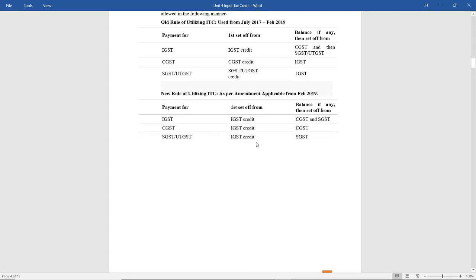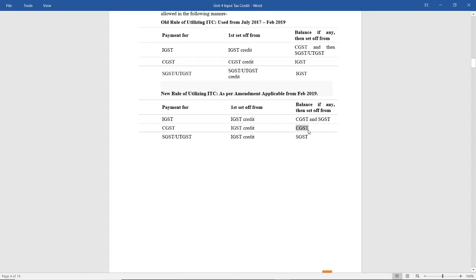So first IGST credit has to be exhausted. In the earlier rule, the respective heads were first used. Now in the new rule, first IGST credit has to be exhausted, and once IGST credit is exhausted, if some balance is remaining, suppose IGST payment is yet remaining to be paid, it could be paid from the balance of CGST or SGST, and CGST first will use IGST credit,